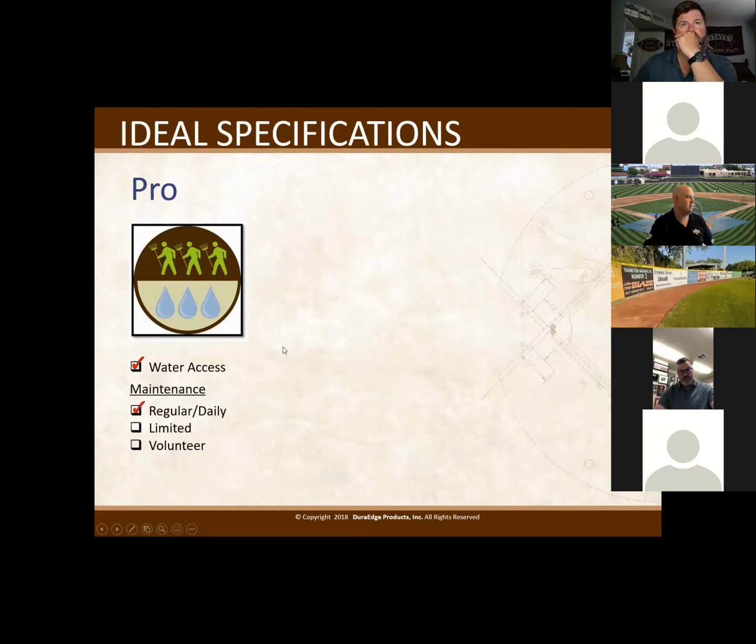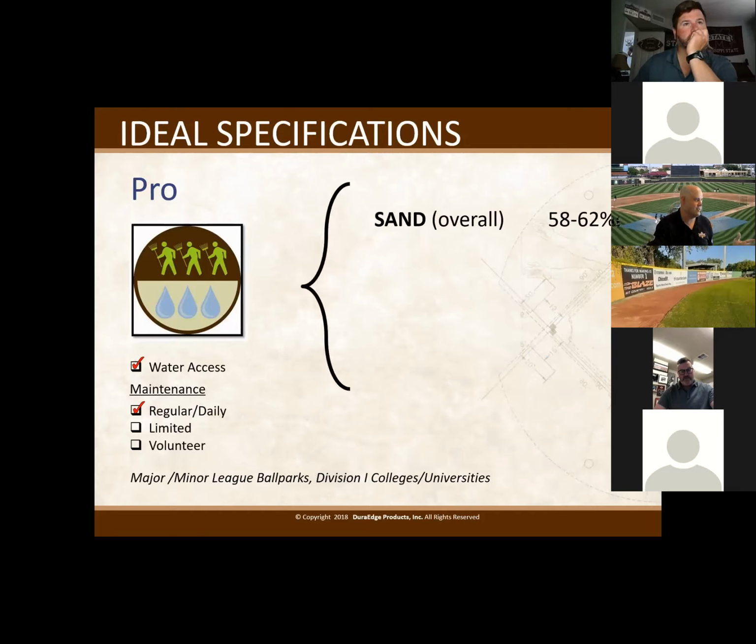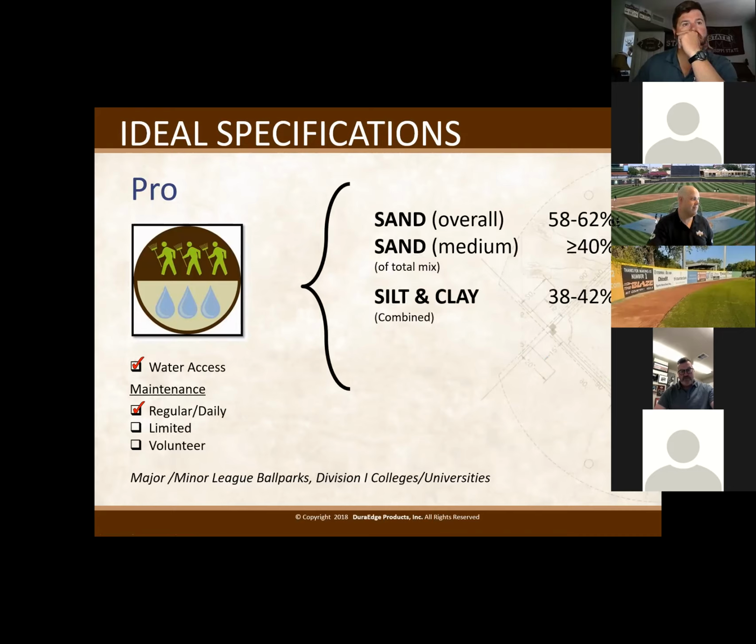Here's kind of the outline of what is ideal for each level. Obviously, the professional level is easy. They have a lot of maintenance. They have capabilities of watering. So based on their maintenance level, the recommendation is between 58 and 62% overall sand volume.